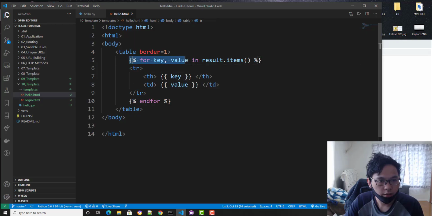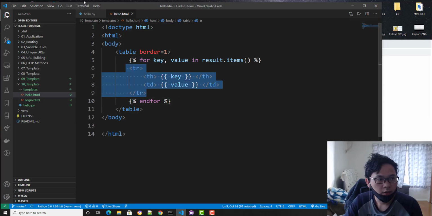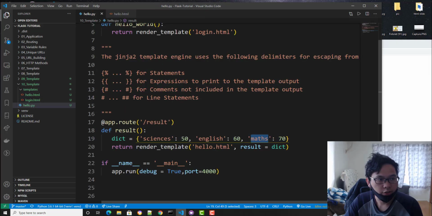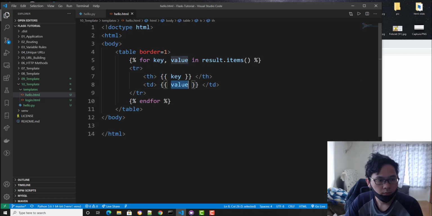So this is the for statement, and for the expression. Okay, so this double curly brace is for expression, and this one is for statement. So you should remember that.